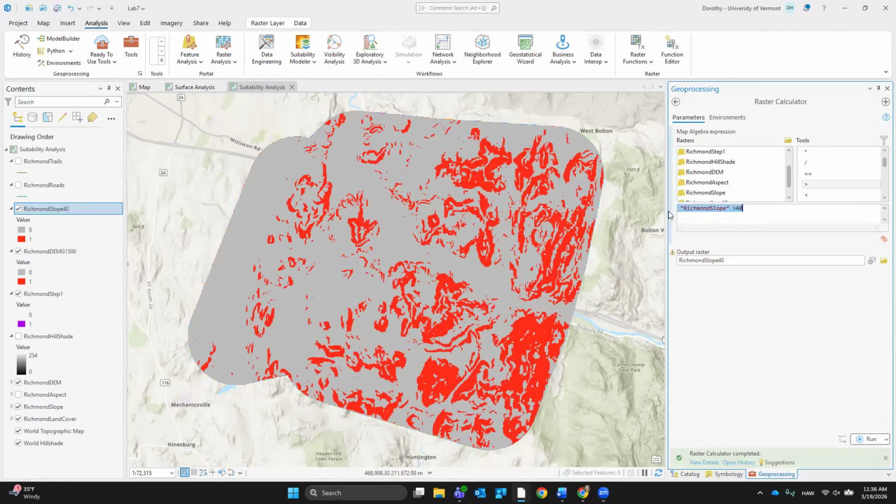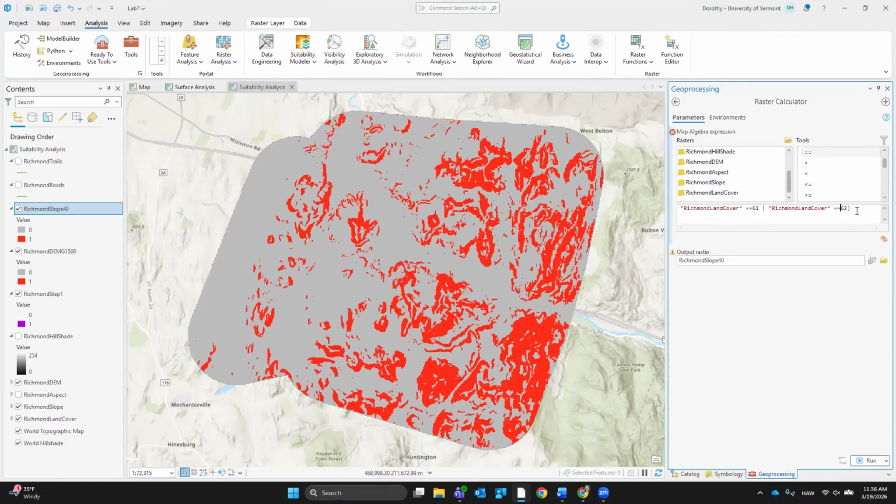Okay, and now I'm going to do Richmond land cover. And land cover is double equal to 61 or land cover is double equal to 62.